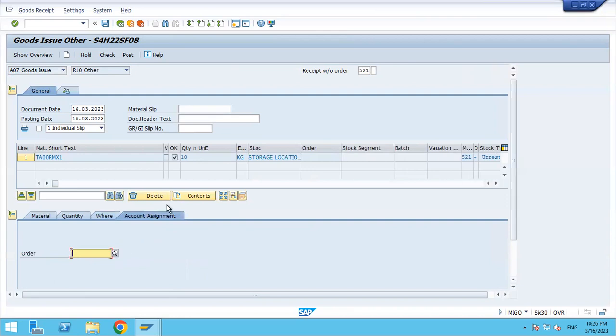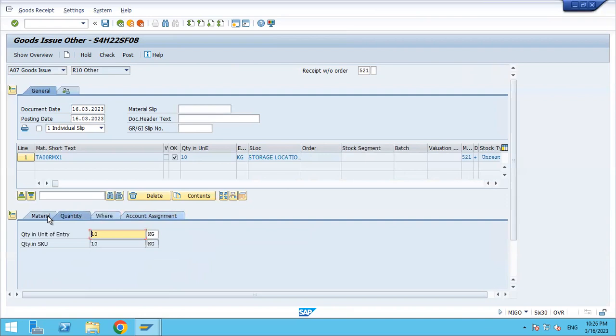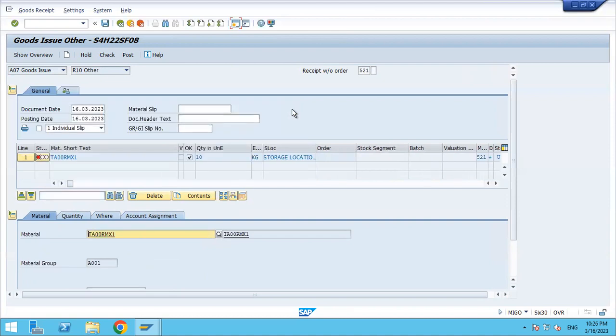Go to account assignment. Okay, nothing is there. Now check account determination X100 ZOF. Goods issue to the purchase order. Okay. No, this is the wrong movement type I have selected. I should have selected 201 movement type. When you are issuing the goods to the purchase order, it should be, sorry,